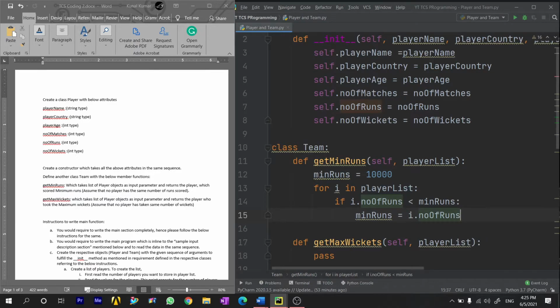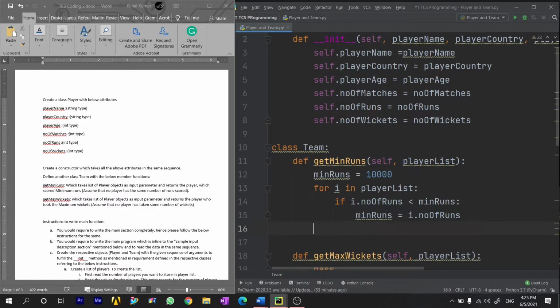Okay. So what this loop basically does is iterate over this player list, take the number of runs value of each player and compare it with min runs, and after the completion of this loop we will have the minimum number of runs scored by a player.